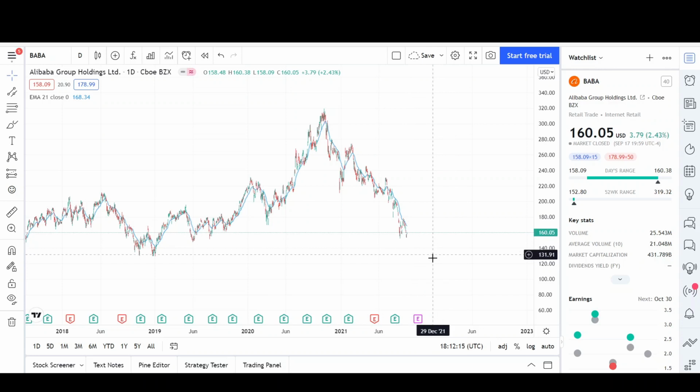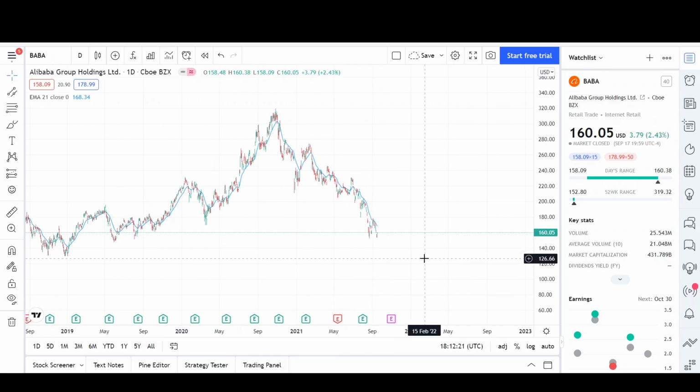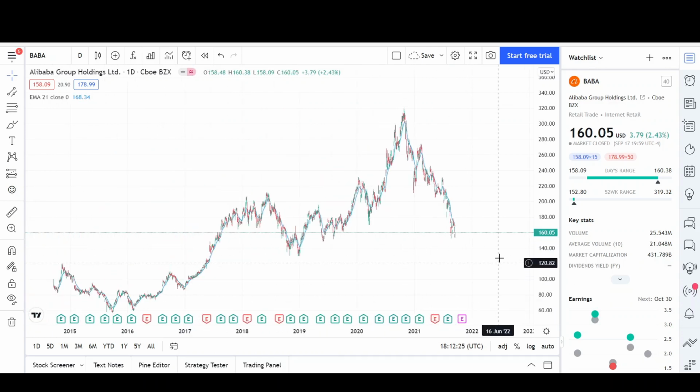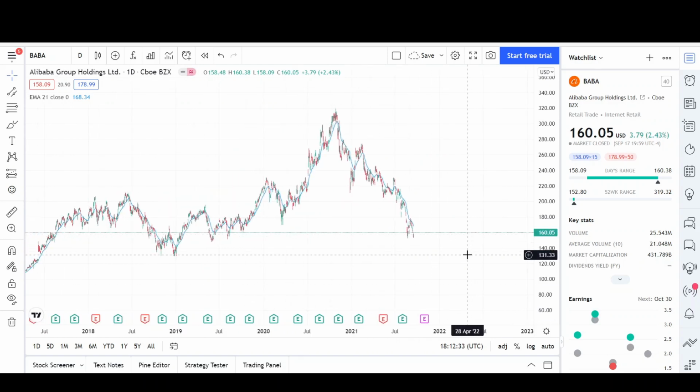But I do still see that 130 target in the future being reached. The market doesn't go straight down to it. It's probably going to take detours. We're going to have some large corrections back down to it. But I still see that 130 target. That's the one that can reach there. And if we continue lower, then we could probably reach that 120 target. But as right now, I see us reaching that 130 target, and I'm going to show you guys the weekly